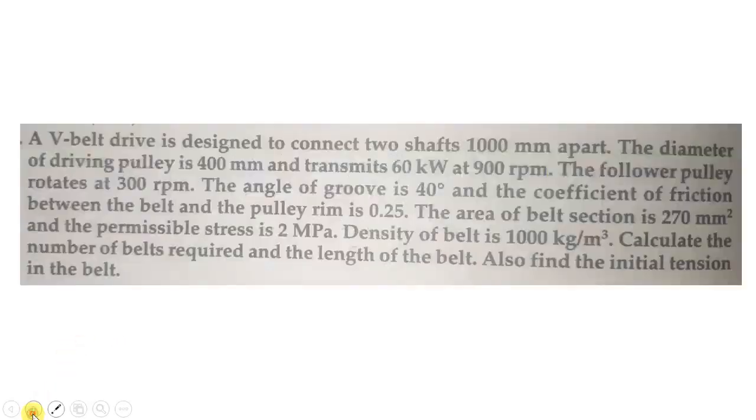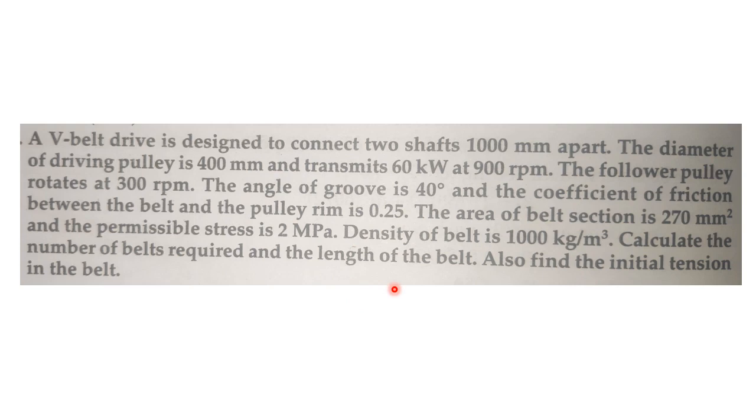In similar cases, a number of problems have been asked in your previous exam question papers, which is like this, which is very, very easy. And here, the extra thing which he has asked is to also find the initial tension in the belt. How will you calculate the initial tension? So it is square root of T naught, that is equal to square root of T1 plus T2. So you have to calculate the tension in the slack side as well as the tension in the tight side. How will you calculate? You will use two different equations for that.